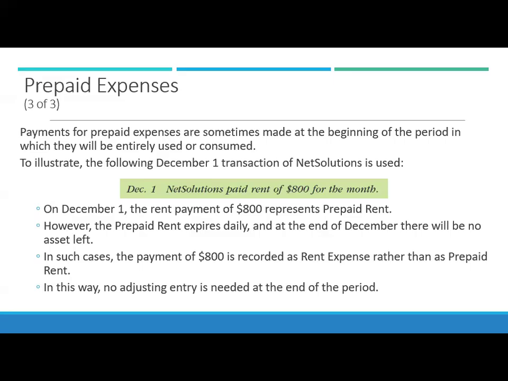And sometimes prepaid expenses are made at the beginning of the period in which they will be used or consumed. For example, paying rent for December on the 1st of December. We would not need to record a prepaid for that because we're doing our reporting on a monthly basis. So if they paid rent of $800 for December on the 1st of December, then they could just record it as debit rent expense, credit cash,